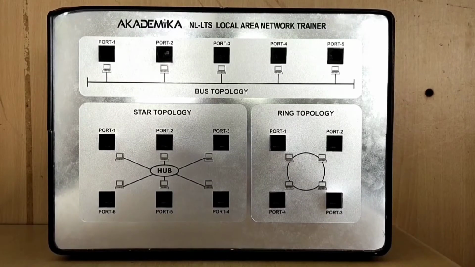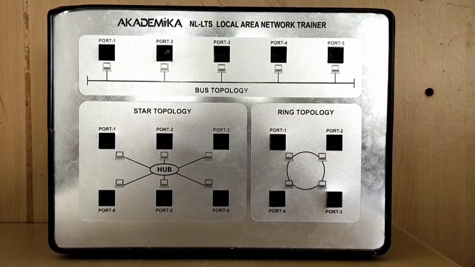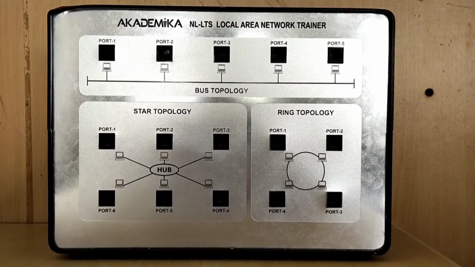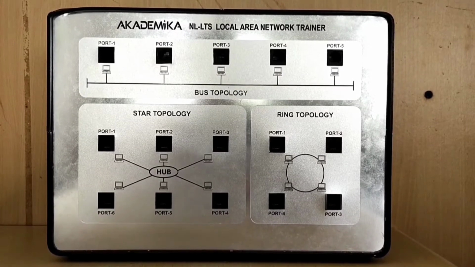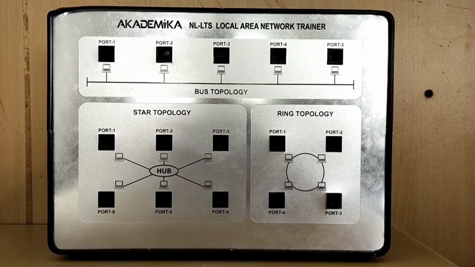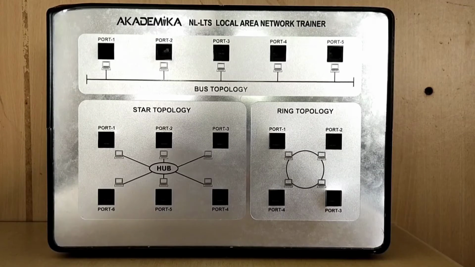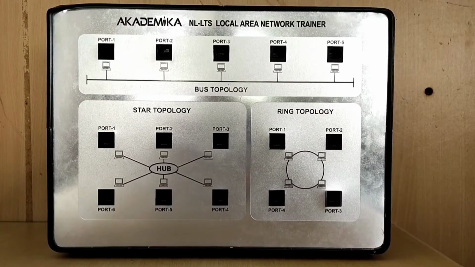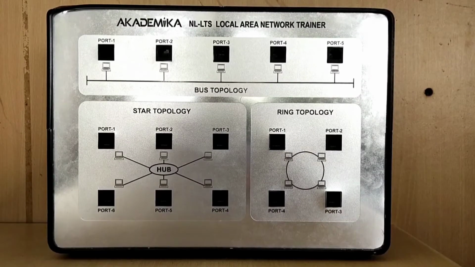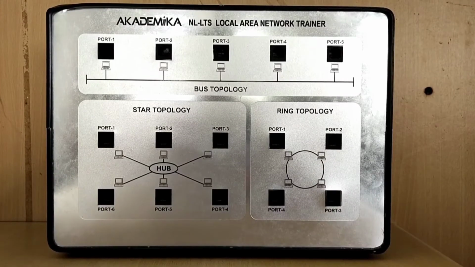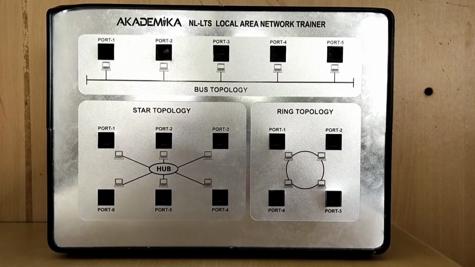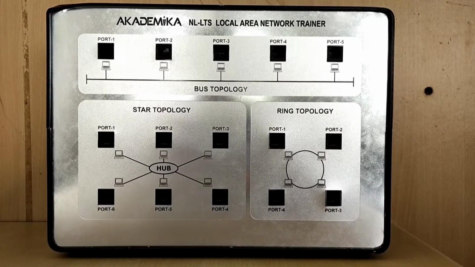For an example, I want to connect all the machines in a star topology. Then at least we need to take 2 or 3 machines, use LAN cable to connect machines from its Ethernet port to the Ethernet port of the LAN Trainer. You can connect up to 6 machines in star topology, but for experiment purpose, we can have at least 2 to 3 machines for protocol testing. This is regarding hardware part. Let us now talk about software part.